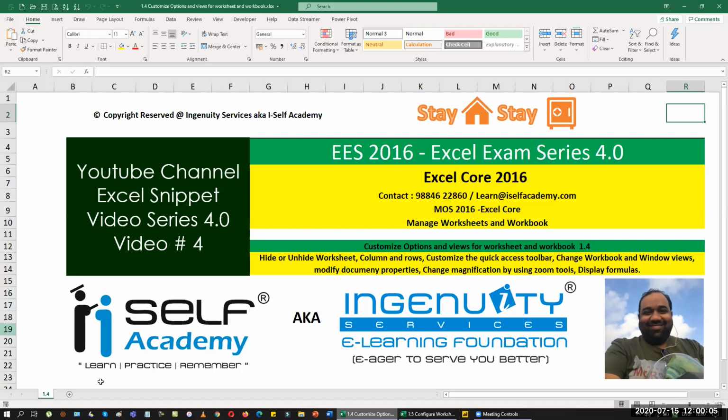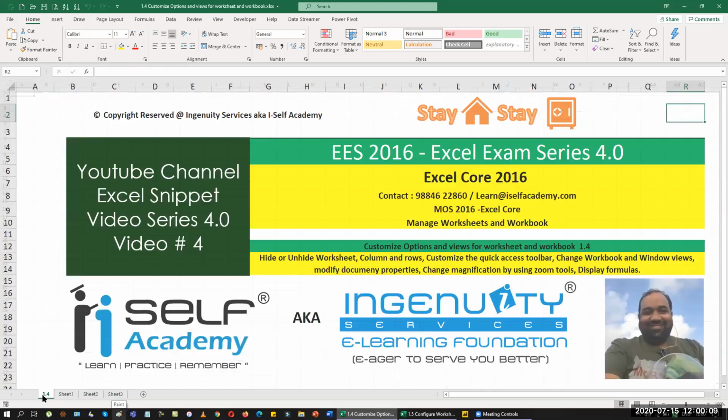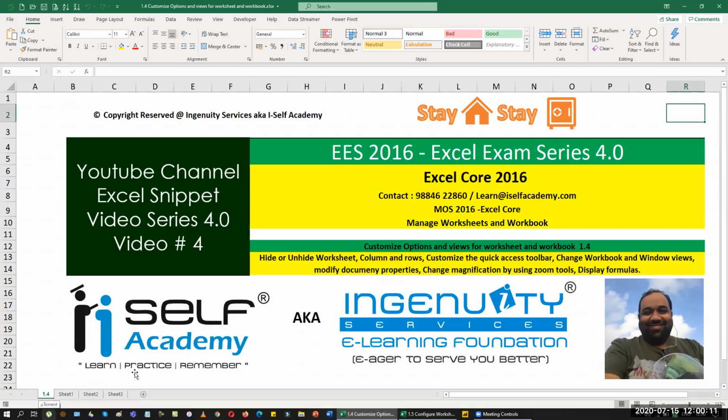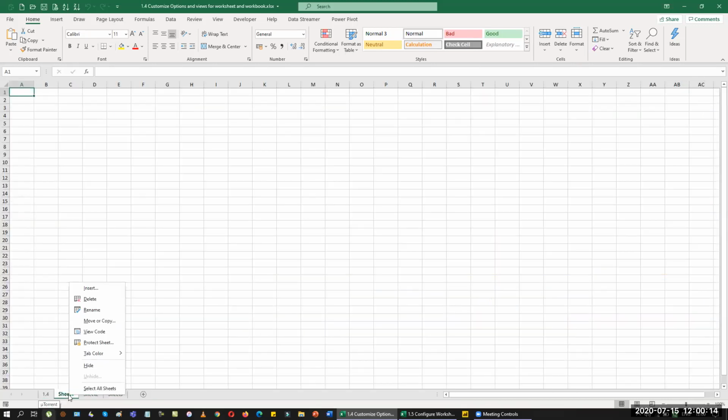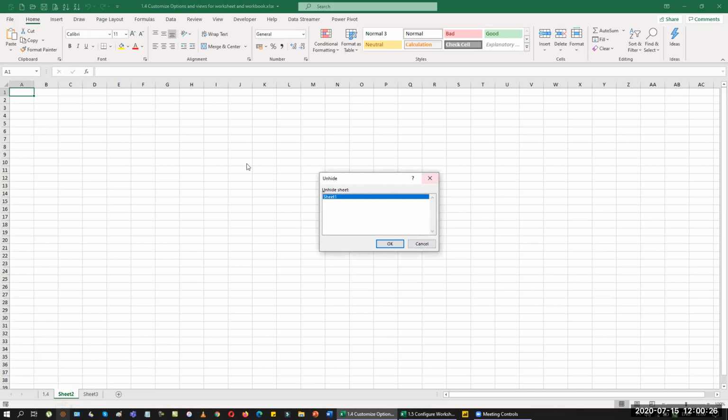So let's add a few sheets to our list, and now you can hide a sheet here by just giving a right click on the sheet name, and then you can hide the sheet. Sometimes they'll ask you to take data from a sheet. So to unhide it, I can give a right click and then unhide. That will show a small box here: what is the sheet that you have hidden? Then you can just unhide the sheet that you want to unhide in here.